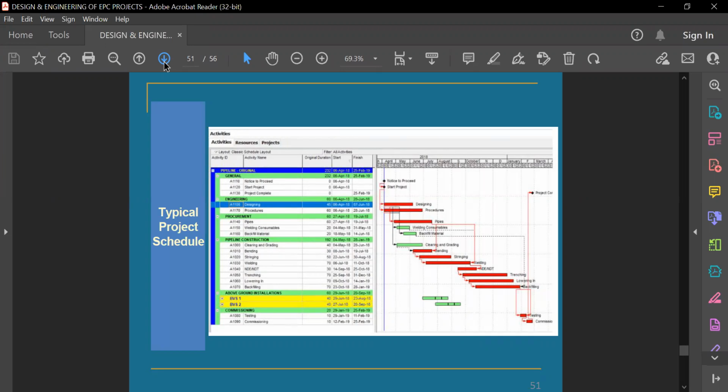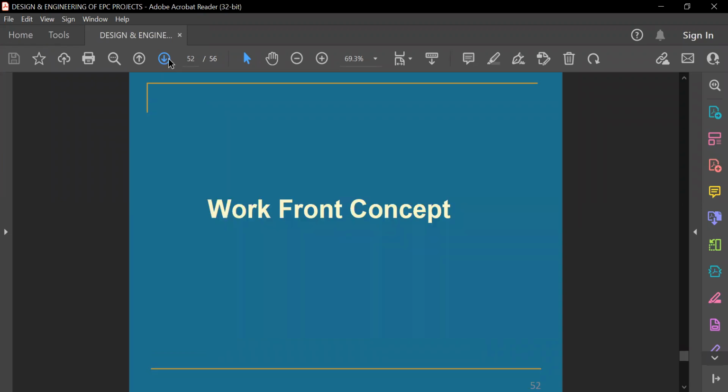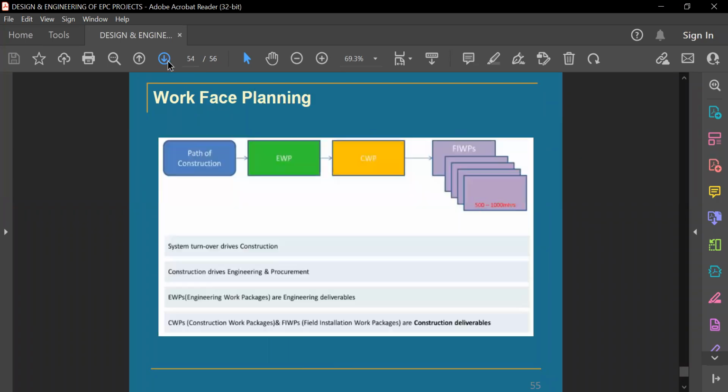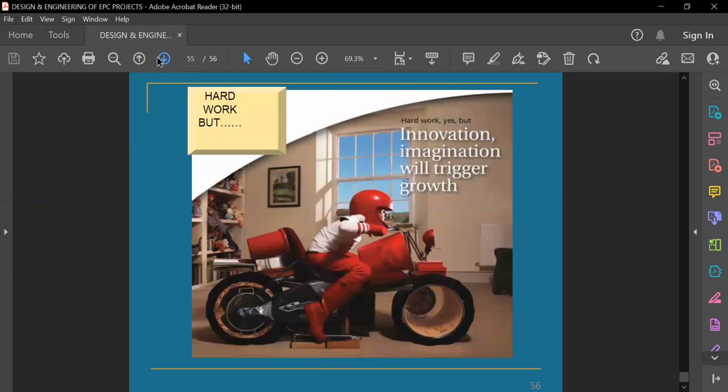For example, for making the rotation, I need the PNAD or plot plan, something like that. So the work front will be given to the site people, and IFC and isometric and all those things are issued as construction drawings. Those things I will just skip. And then of course the work phase planning, part of construction, will be done by the construction people. So I'll just wrap up in the end. So this is